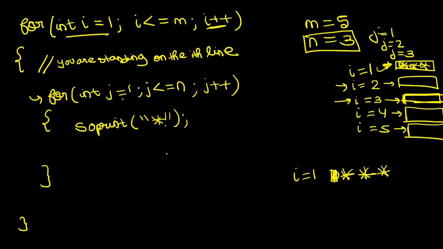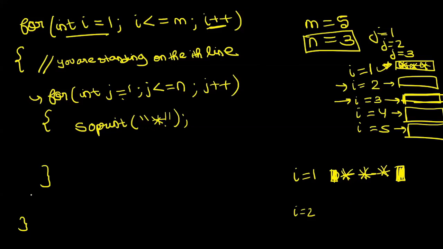So when you come outside this for loop, do you agree your cursor is standing at the end of line I? सोच के देखो guys. After you have successfully printed these n stars one after the other, when you come outside this for loop, your cursor is standing at the end of line number I, right? Now from here, where will you go? You will go to I plus plus. I का value 2 होगा. And when the value of I is 2, that means you are on the second line. But भैया cursor को कौन लाएगा second line पे? आप ही लाओगे ना. So guys, once you are done with printing the contents of the first line or the